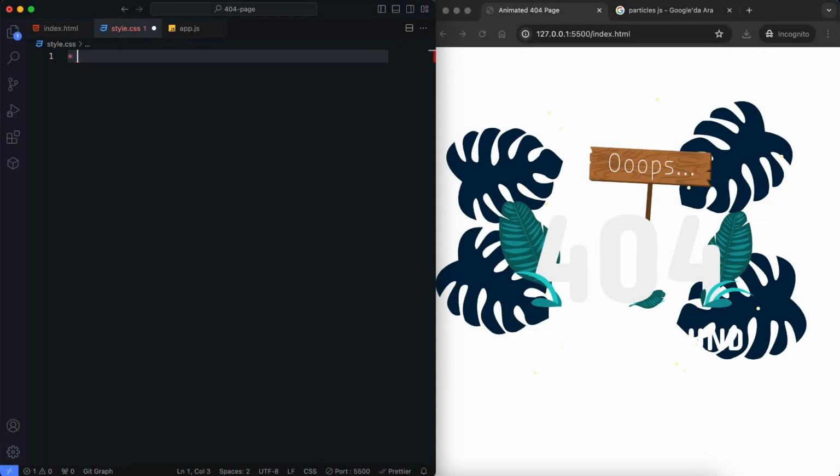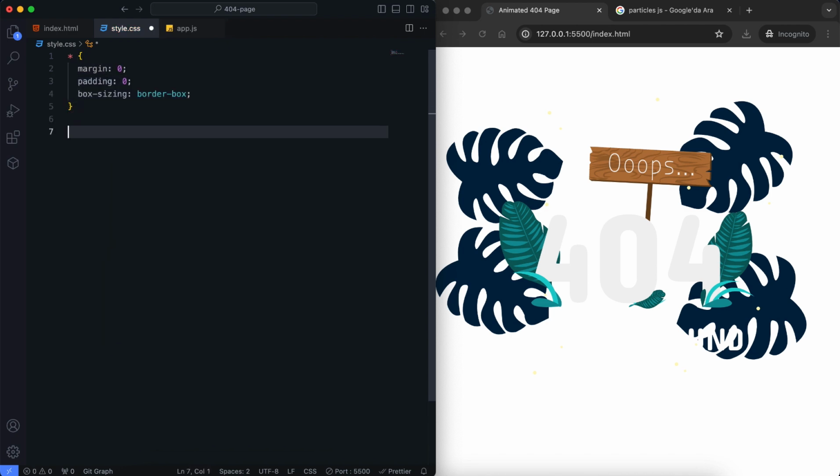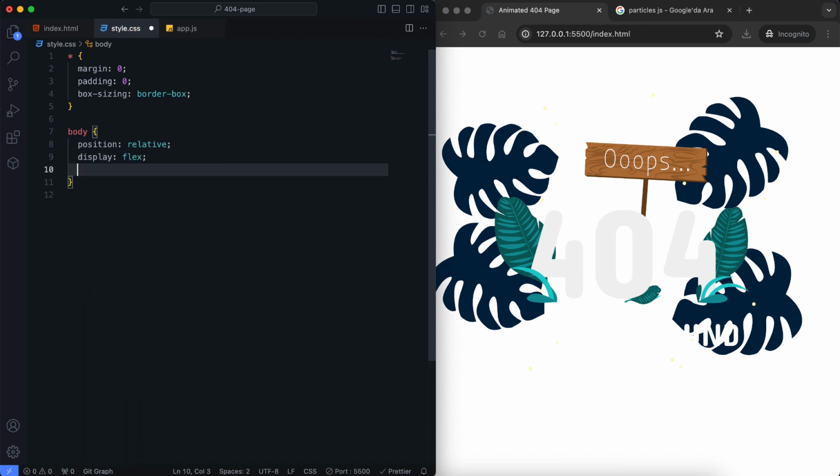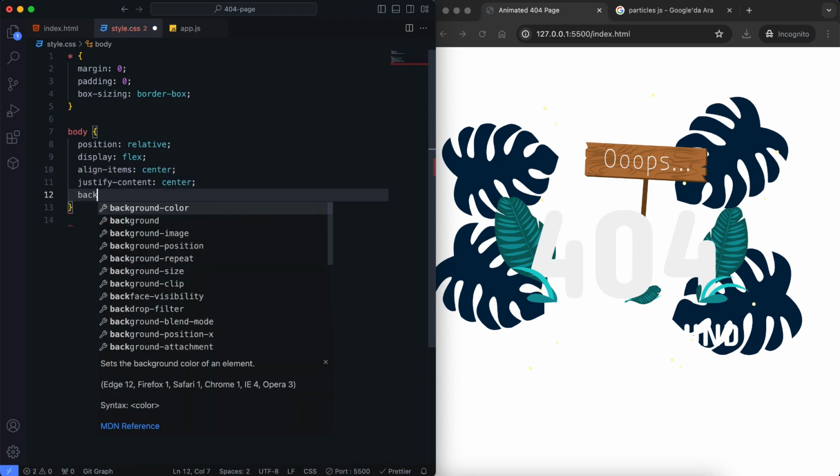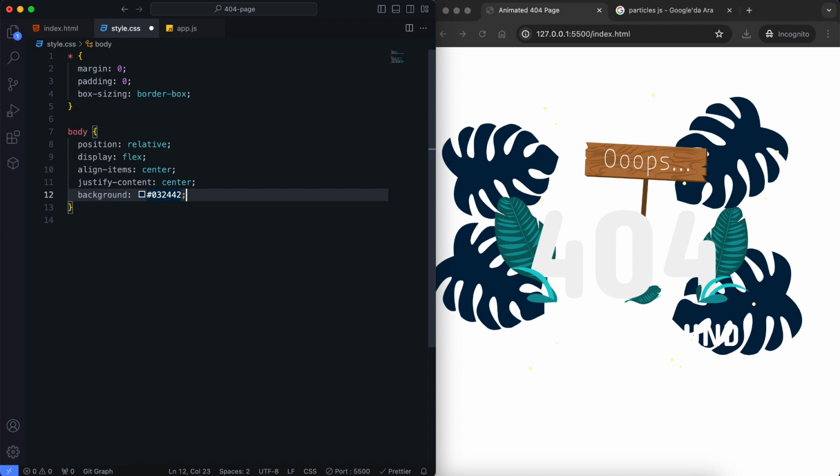Let's move on to the CSS. In the body, I center the content with a nice gradient background and full viewport height.